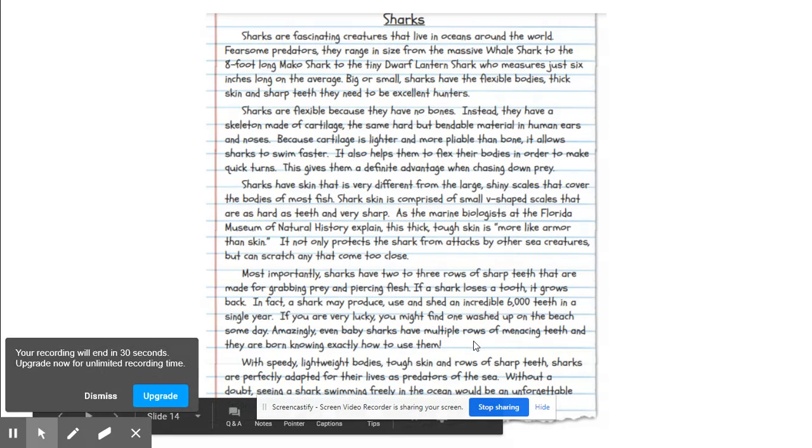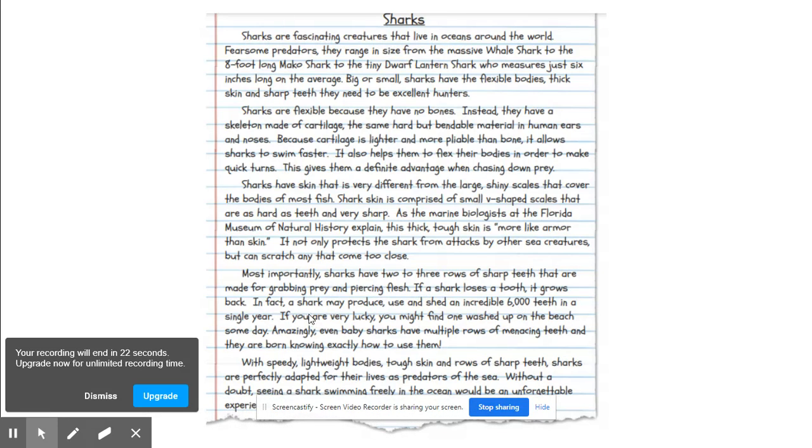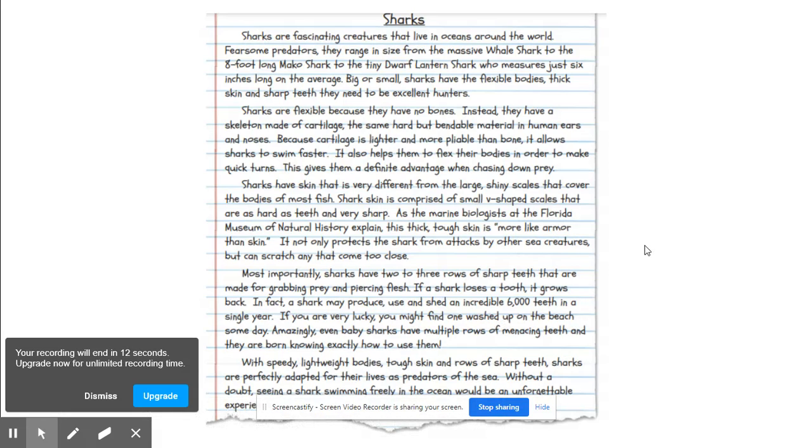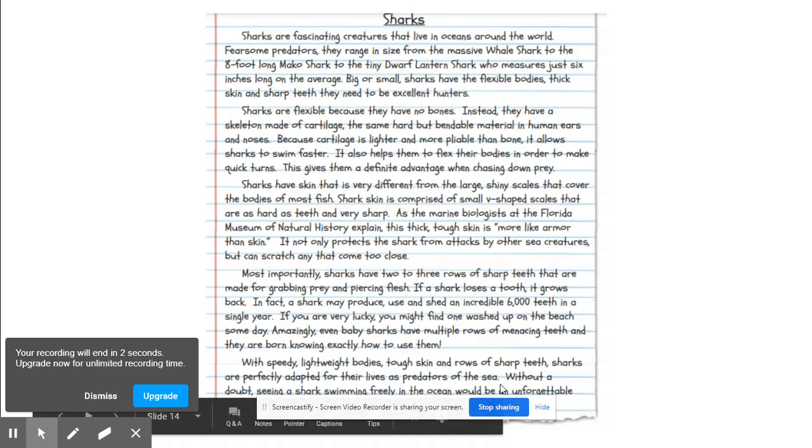Most importantly, sharks have 2 to 3 rows of sharp teeth that are made for grabbing prey and piercing flesh. If a shark loses a tooth, it grows back. In fact, a shark may produce, use, and shed an incredible 6,000 teeth in a single year. If you're very lucky, you might find one washed up on the beach someday. Amazingly, baby sharks have multiple rows of menacing teeth, and they are born knowing exactly how to use them. With speedy, lightweight bodies, tough skin, and rows of sharp teeth, Sharks